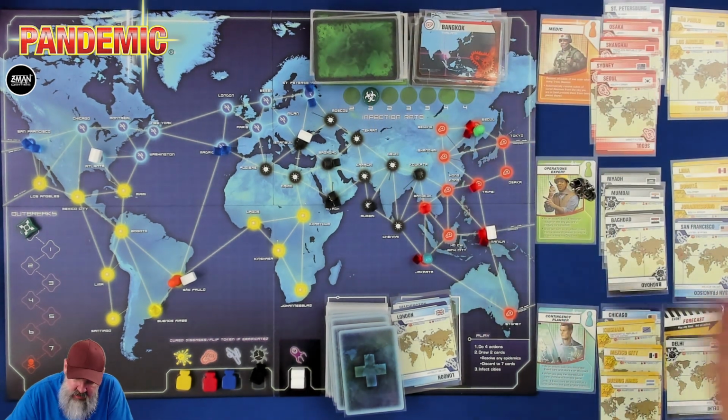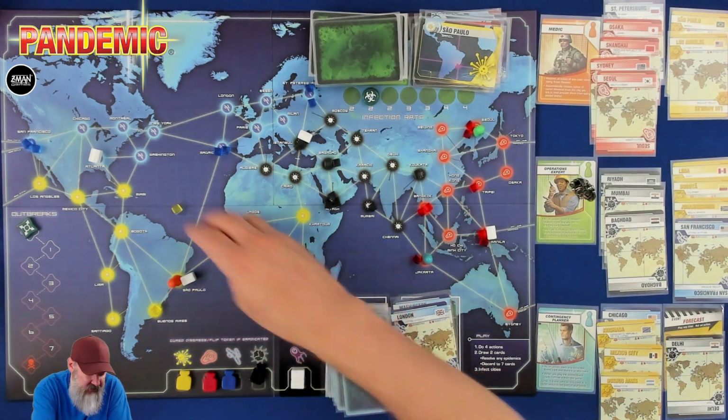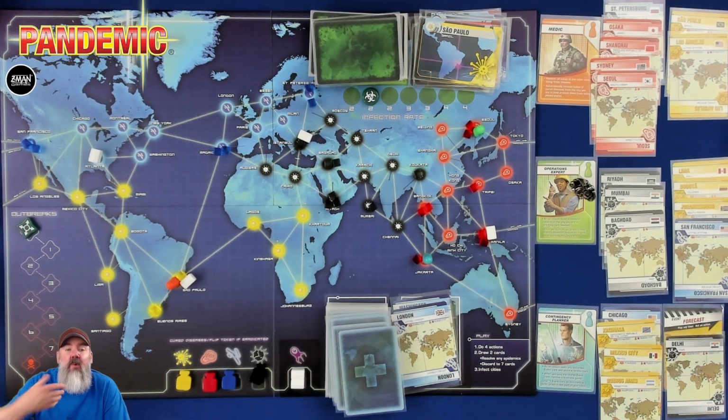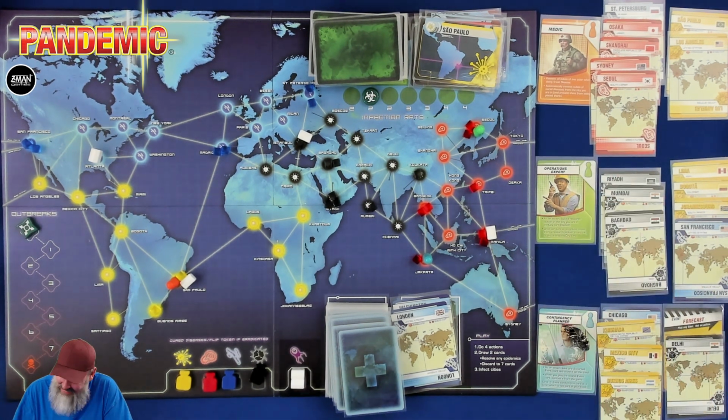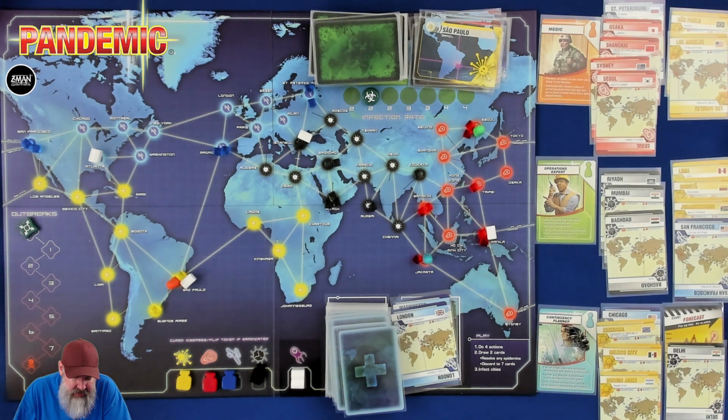Bangkok. We need to be trading cards because the name of the game is to trade cards as fast as possible here. Okay, or cure the diseases as fast as possible, which requires the trading of cards. Contingency Planner. So now, let's go ahead and